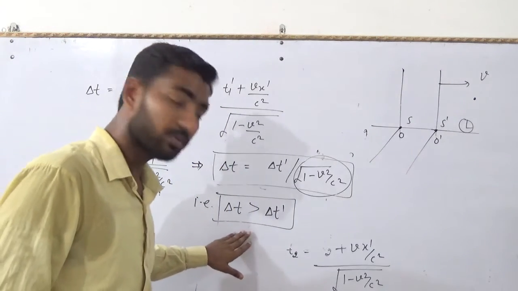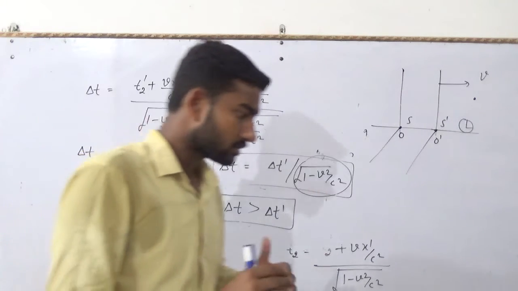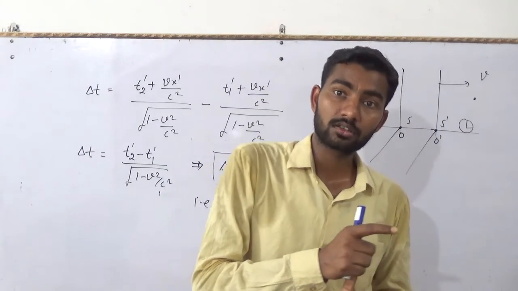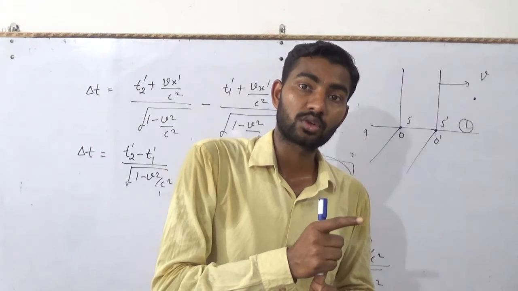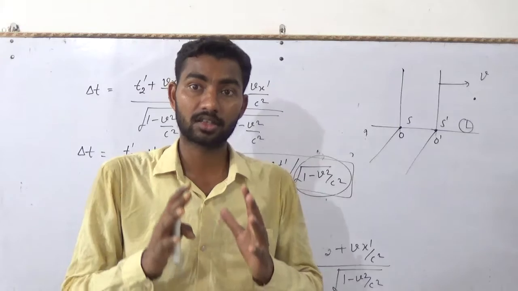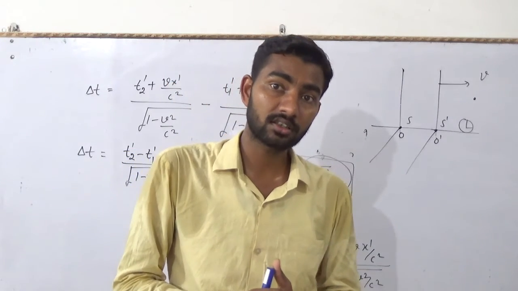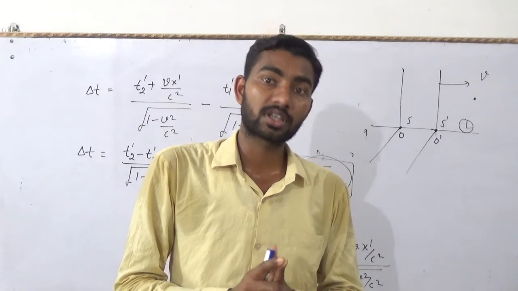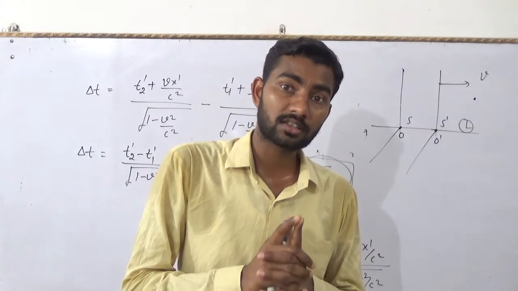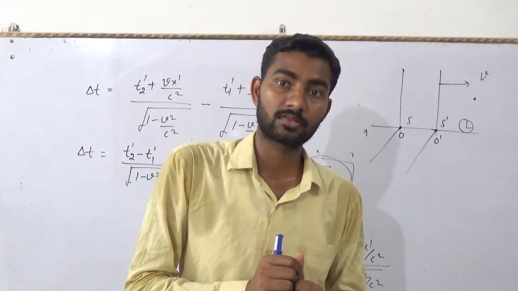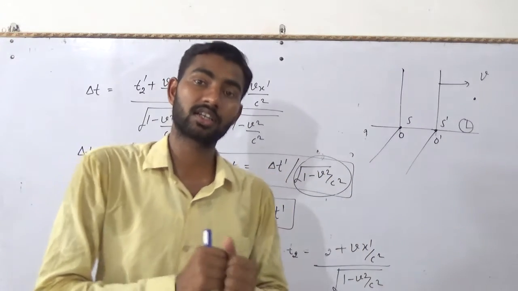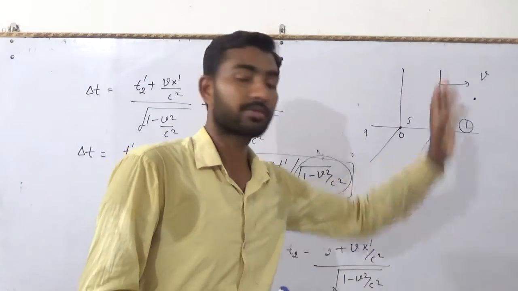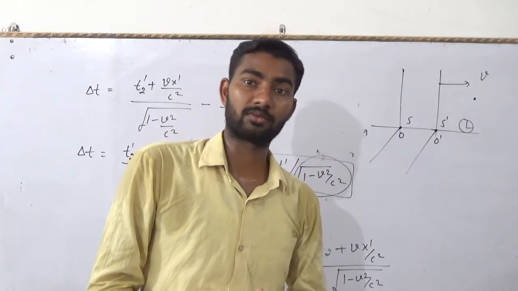Here we have proved it experimentally. Friends, in other words we can also say that if the clock is moving relative to the observer, meaning the observer is at rest and the clock is moving, then the observer will find that the moving clock tells us a smaller time, or the time interval will be greater from the rest frame of reference if we observe from the moving frame of reference.